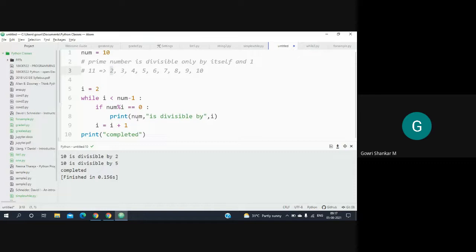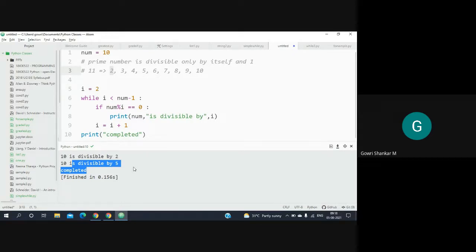So we will be getting that the number 10 is divisible by, what is the I value now? I value is 2. So 10 is divisible by 2 and 10 is divisible by 5. Only for these two, which are the factors of the number, we will be getting an output. We won't get an output for 3, 4, 6, 7, 8, and 9 because they are not the factors of num.